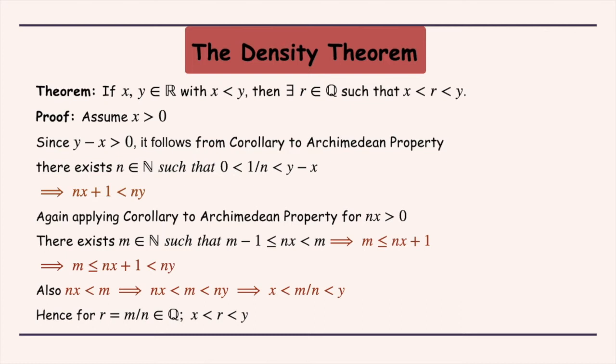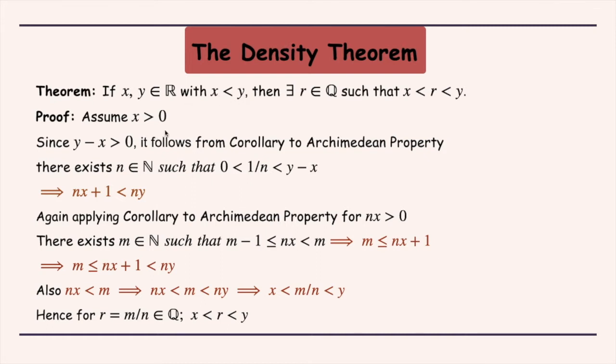Now, before we proceed with the examples, we are first going to take up the density theorem and see the proof of it. So, the theorem, as I had stated in the previous slide, I am going to just repeat the statement again. It says that if you have two real numbers x and y with x less than y, then there has to be a rational number, say you call it r, such that x is less than r and less than y. So, you can always sandwich some rational number in between two real numbers which strictly follow this inequality, x strictly less than y.